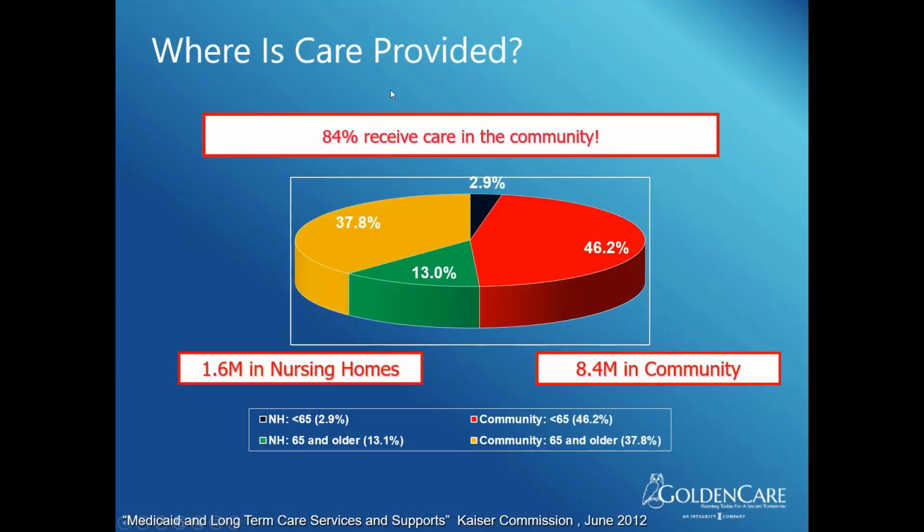Where is this care provided? This one I think we all kind of know. This is where most people want to be, right? But 84% of people who are receiving care out there are at home. Okay. So, that makes sense. That's where most claims start. Family rallies around trying to keep people at home, right? So this is where care is provided.